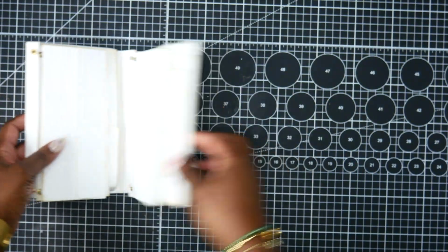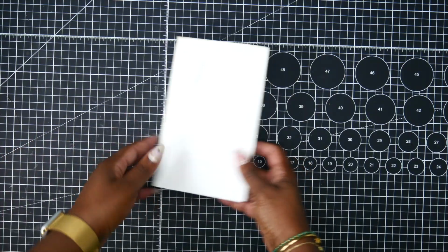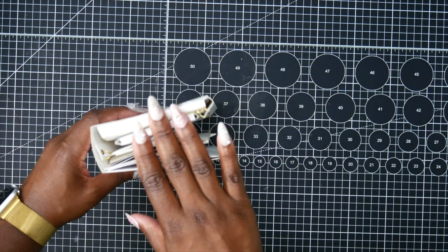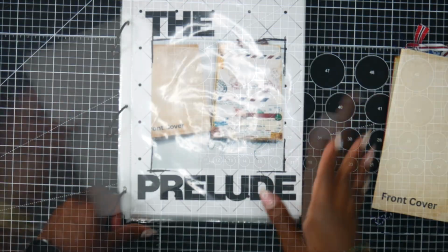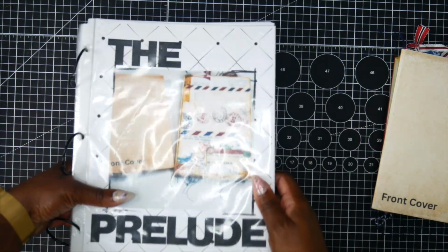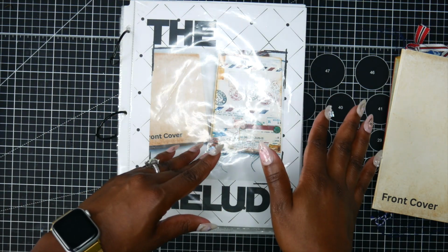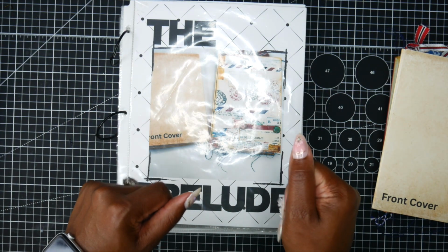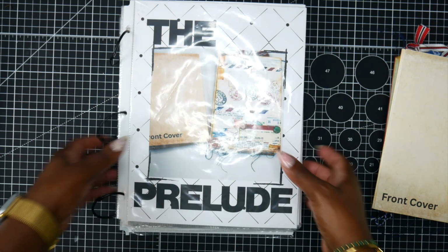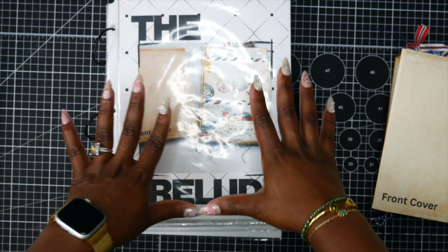I had quite a few people ask me if I could make a template to sell. And I did. Okay, guys, so this is the Prelude. This is my first printable journal, okay? The journal roughly measures 5 by 7. And I'm going to walk you through this setup first, the workbook, or my guidebook,